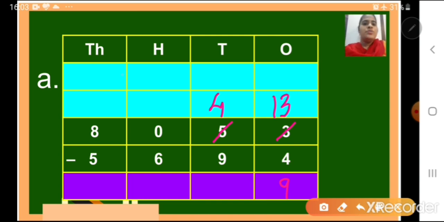First, hundreds will go to thousands, and get something or borrow something. So 0 will go to 8,000. Okay, so 8,000 will give 1,000 to 100. So 8 minus 1 is 7, right? Now 1,000 is 10,100. Okay, here we are converting children. This you have learned in your second standard, right? So 1,000 is equal to 10,100.